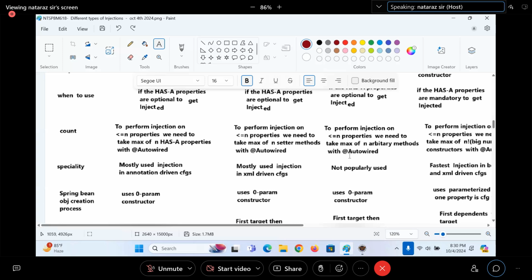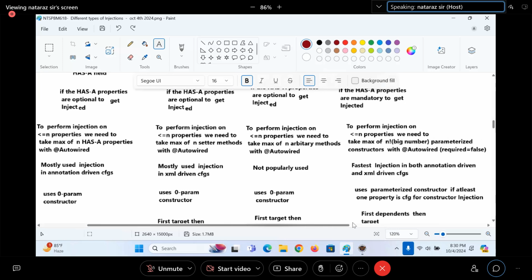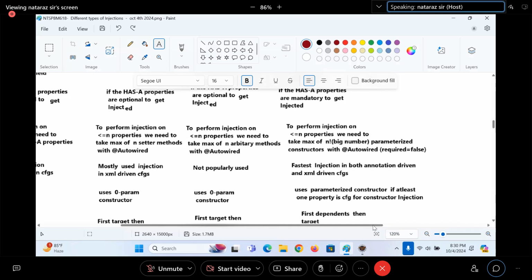Again, same story. That means to perform injection on n properties maximum, n number of times you have to place @Autowired. But in constructor injection, this will be a problem.